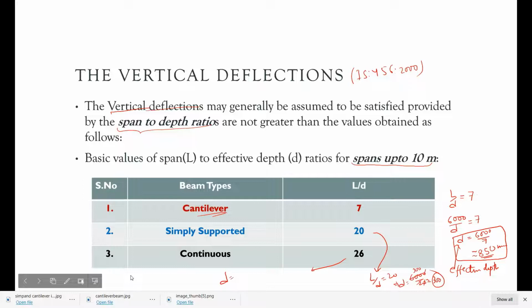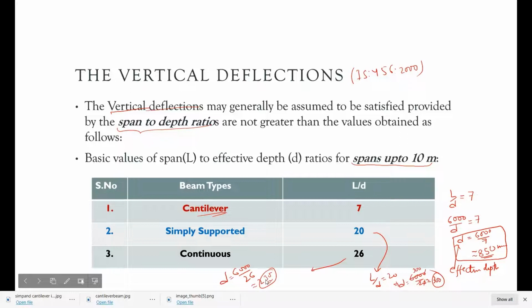D would be 6000 by 26, so if you divide it by 26, it would be around 230 mm roughly. So it would be lesser than this depth.